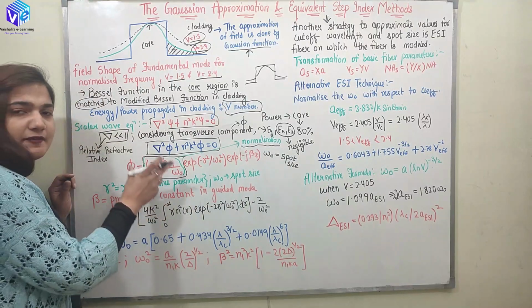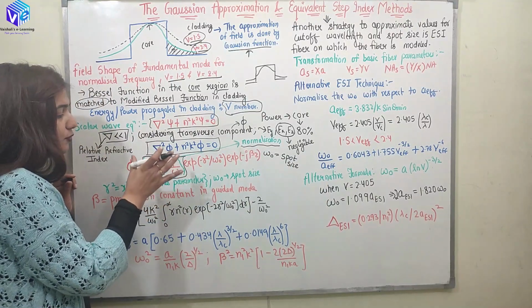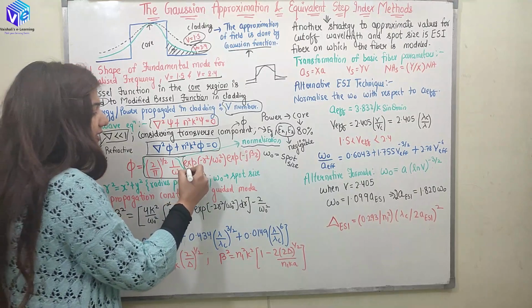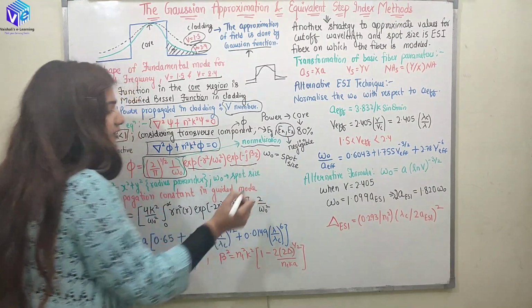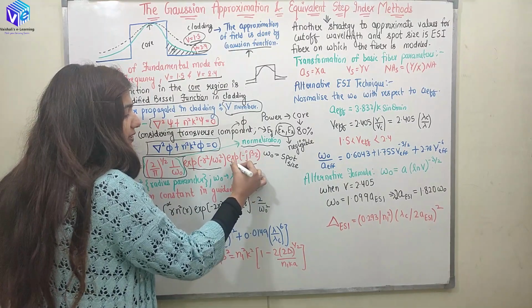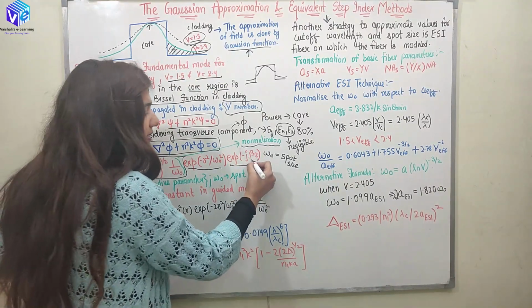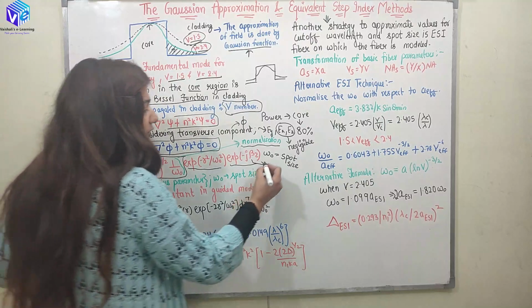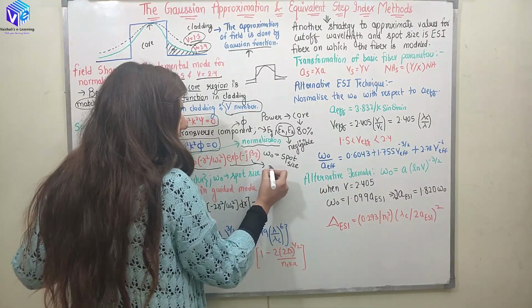We can even reduce it. So if I have to see the wave equation, I can just see this factor and this factor, because my wave is traveling in the z direction. So we will have this exponential minus j beta z. So it is telling me that the wave is propagating in the z direction.